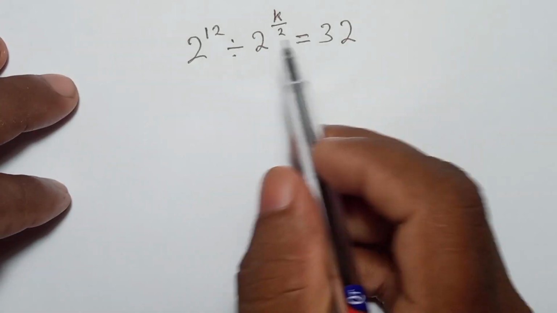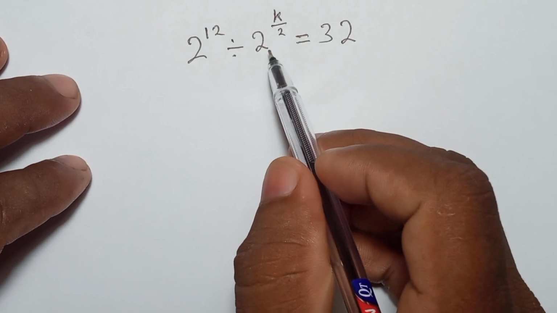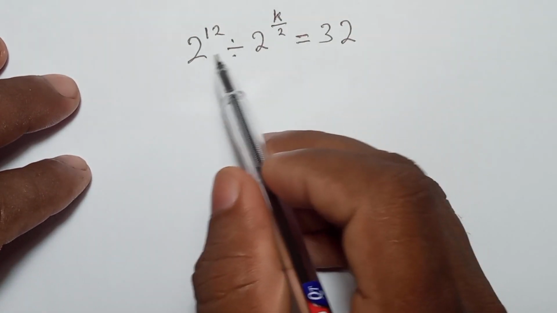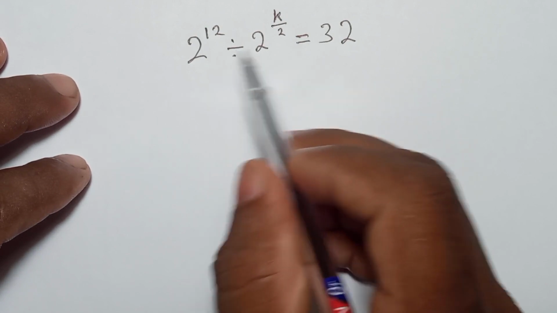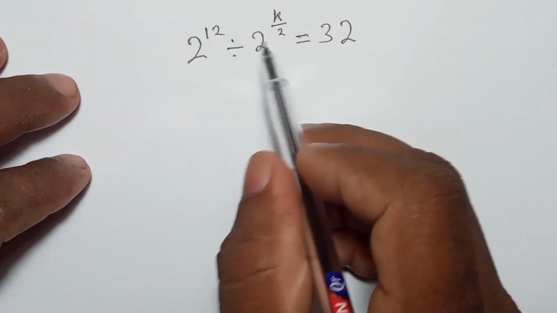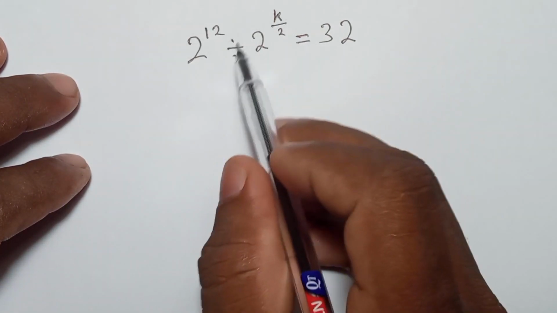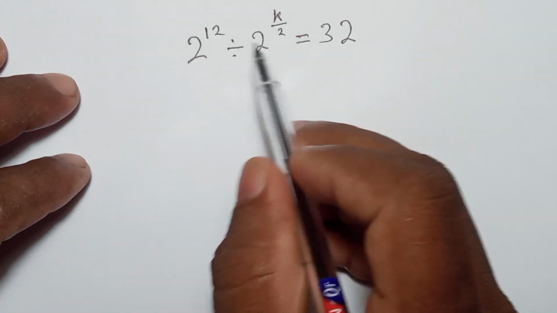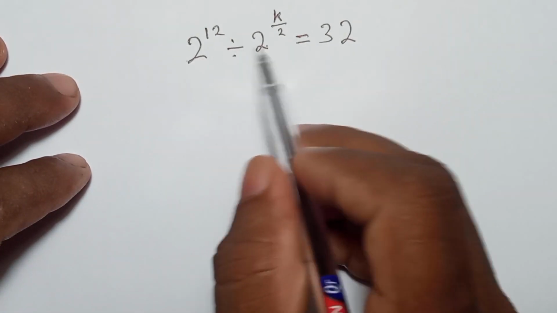Okay, now here you need to find the value of k, right? This is a simple question actually. Now this is the first index rule. So when you have division and the base is the same, 2 and 2, this is the index, this is the index. When you have division with the same base, the same number, same base,